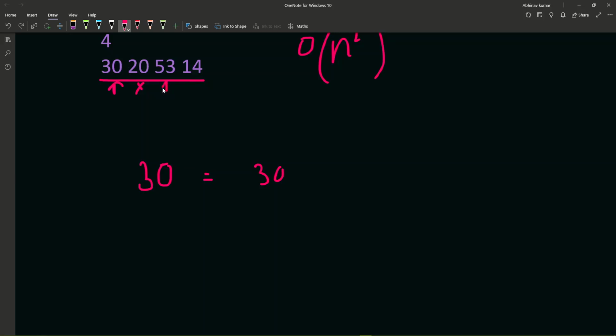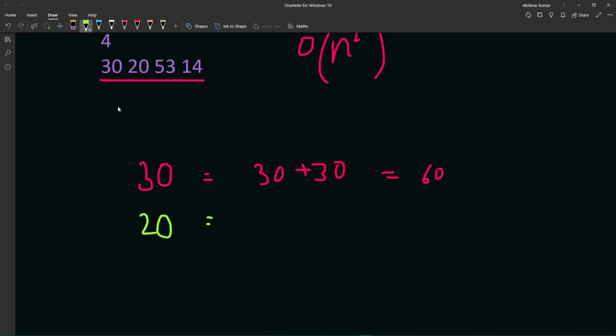You will be able to make money from the third customer because he has 53, which is greater than or equal to your app cost, so you will add 30 for this. You won't be able to make money from this one because he has 14, which is less. So 30 plus 30 is going to be your final answer, which is 60 if you choose the first customer's money. Let's go forward with the second customer. Okay, let me change the color for this one. Suppose the second customer has 20.